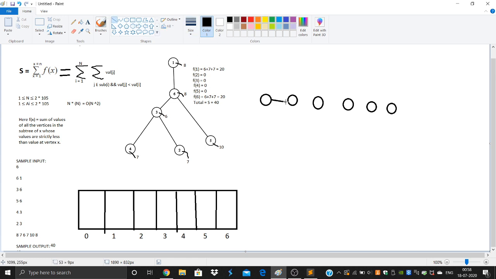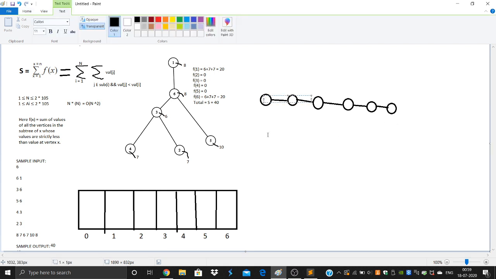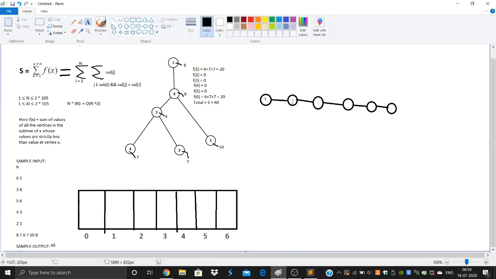So I'll just connect the tree: n vertices and n minus 1 edges. So it looks like a linked list, or it looks like an array. So this is something really familiar. So I would start to number my nodes as well.